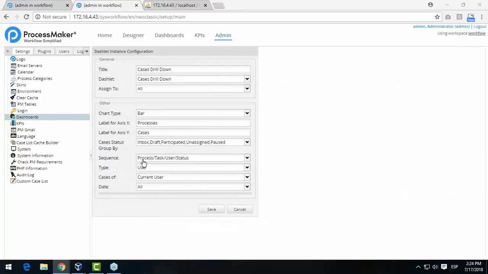What does this mean? That first the cases are going to be shown by process, then by task, then by user, and then by status. I'm going to use the sequence process, task, user, status. The type is going to be user. Okay. Then the cases of the current user, and the date is all. I'm going to save this,